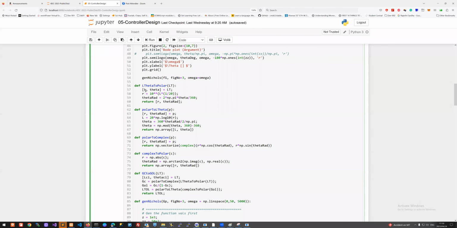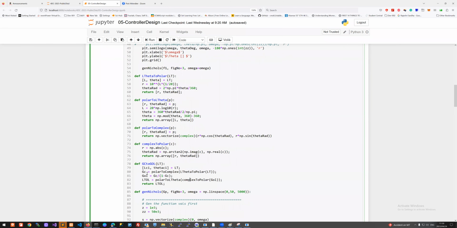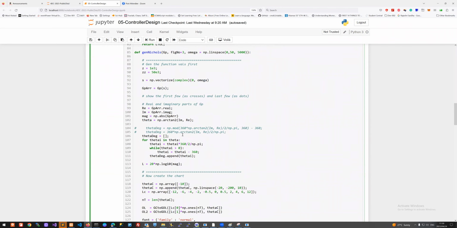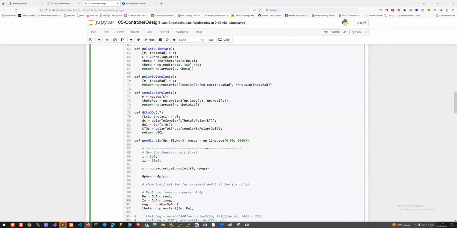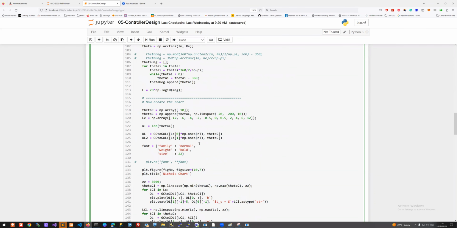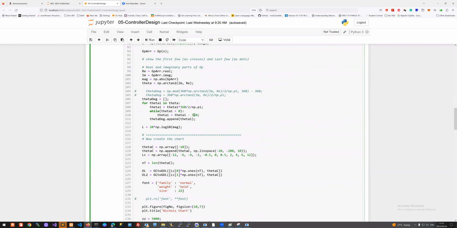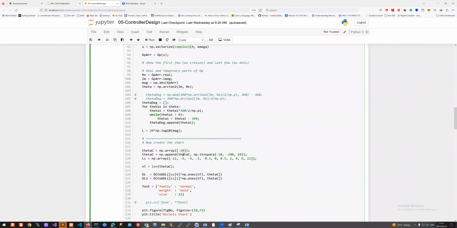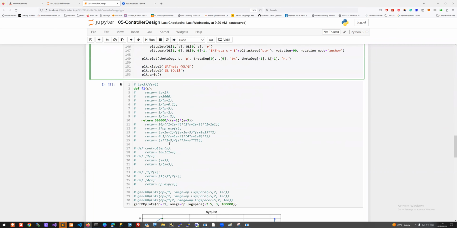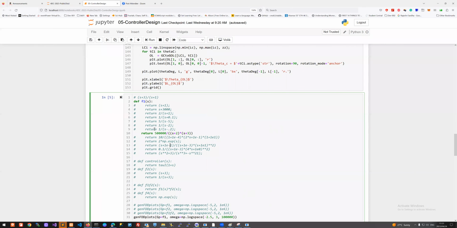So you'll find some functions here converting polar to Euclidean, and there's GC open loop and closed loop and all of that. If you read through this code, you'll see it does what we expect in terms of producing a Bode diagram. The first block just loads the libraries. This block establishes the functions that we use. And then in this block, we define our functions. So if we wanted to see the Bode diagram for this thing, for instance,